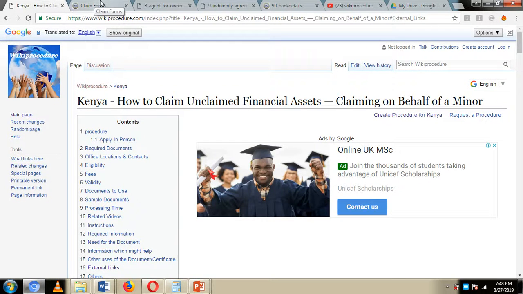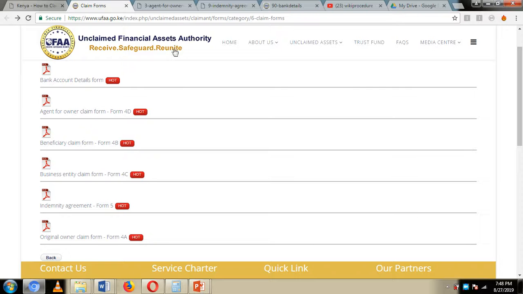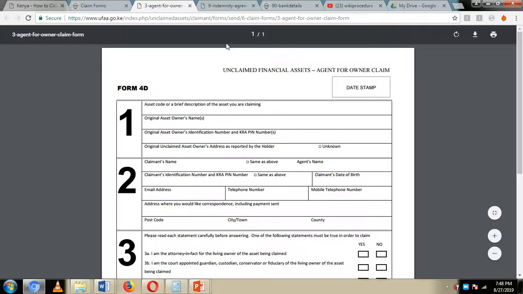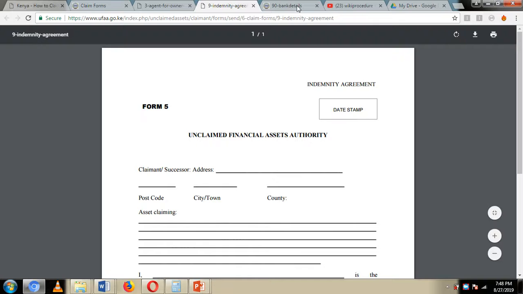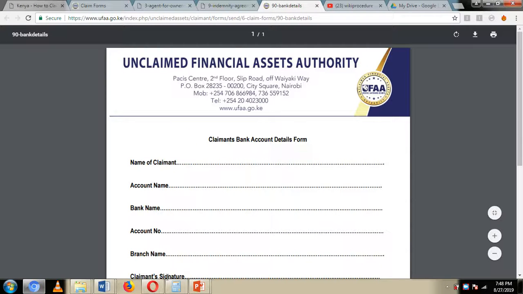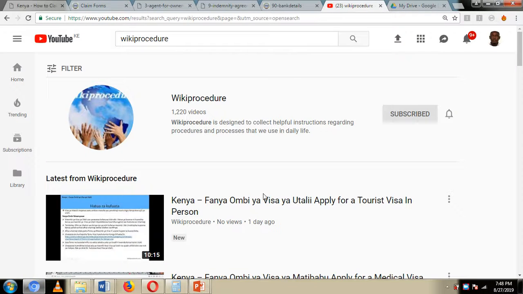As we move on with the presentation, you're going to see how you can download these forms, how you're supposed to fill them, where to submit them, and which documents you are supposed to accompany the forms with when you're going to make the submission. You're going to do all of this as we move on with the presentation, but before we do that,